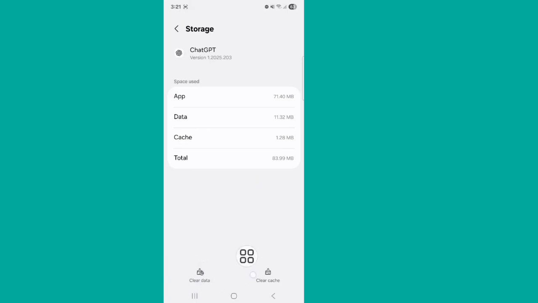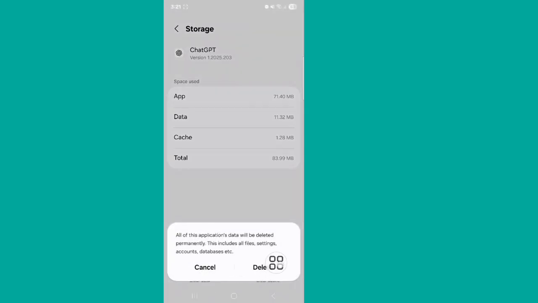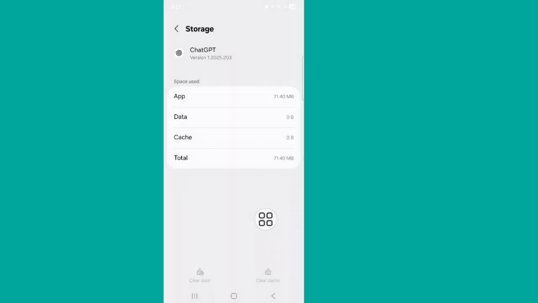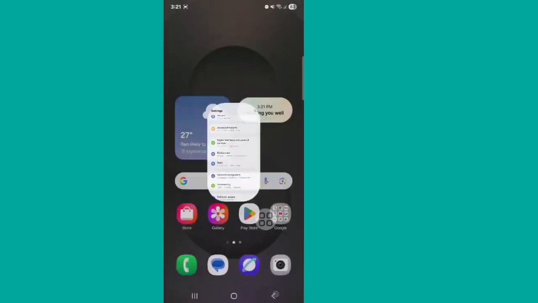Now you can see clear data and clear cache. Tap on clear data and tap on delete. Okay, go back to your home